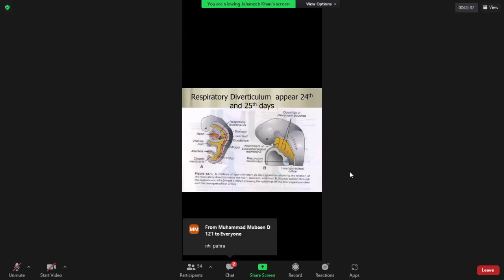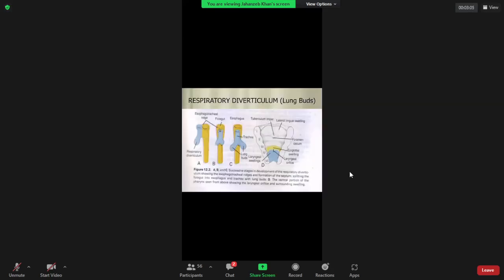So initially, the brownish structure that you are seeing in front of you is the heart, and behind that, you are seeing the presence of the lung part. Okay, behind that, in diagram number B, the bluish structure, there is the development of the diaphragm. There is the development of the lung. So in the next slide, you are seeing that